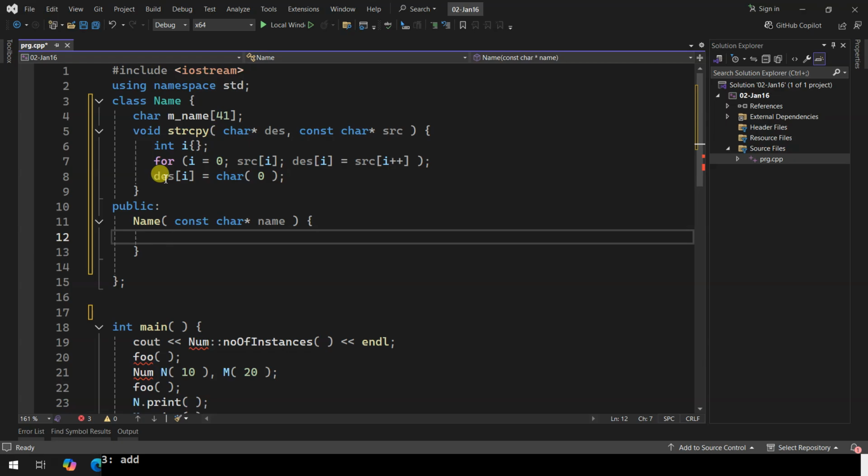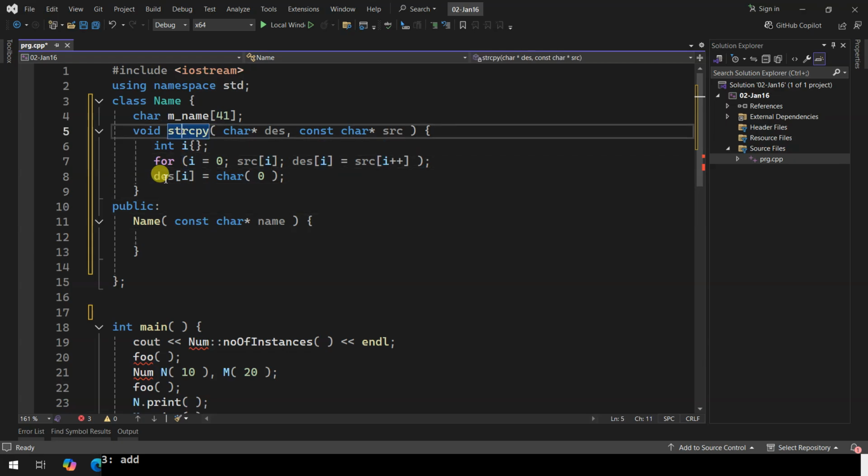Now, does this string copy belong to any specific object of name? No. Its job is to do some dirty work for all names. Therefore, it's a utility function. It doesn't need to have access to anything. Therefore, public static.